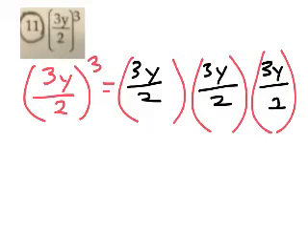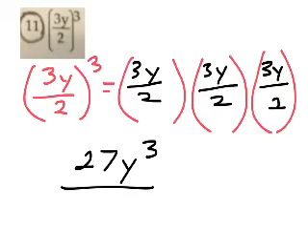Okay, let's multiply those 3's. 3 times 3 is 9, times 3 is 27. Okay, so we've got 27. y times y times y is y to the 3rd power. 2 times 2 times 2 is 8. Pretty simple. If you wanted to do it by using the rules, okay, so we're going to end up with 3,